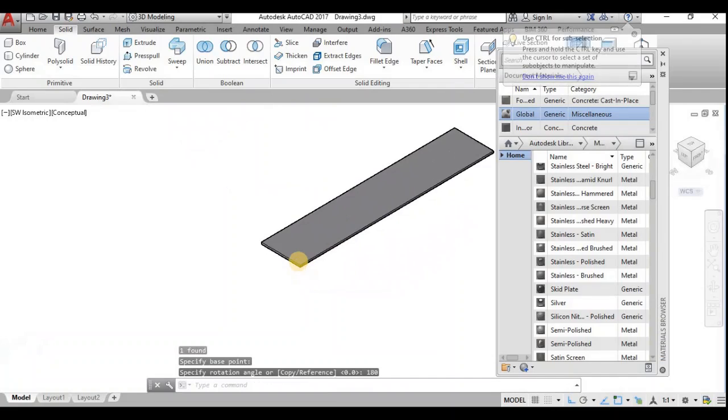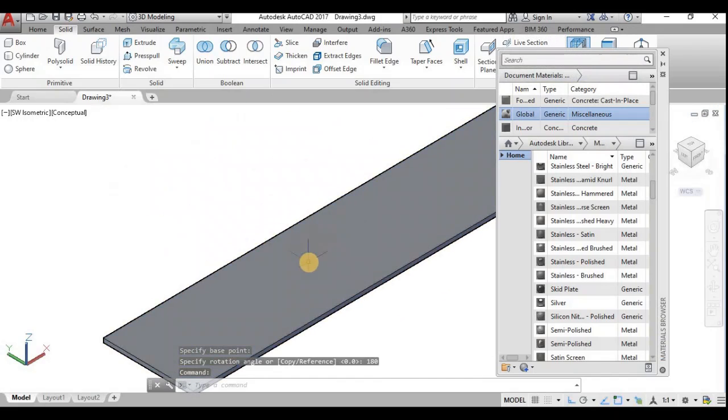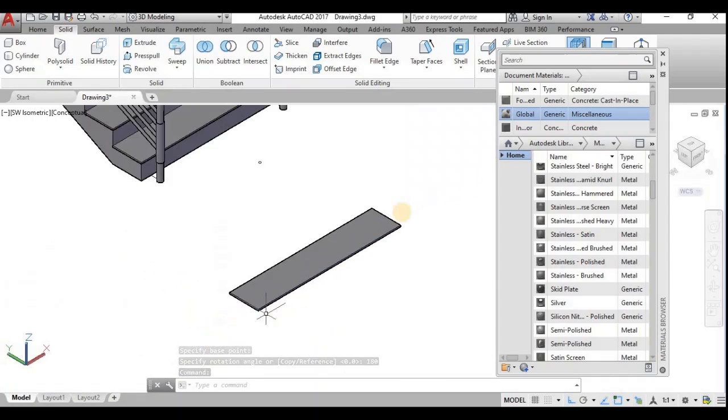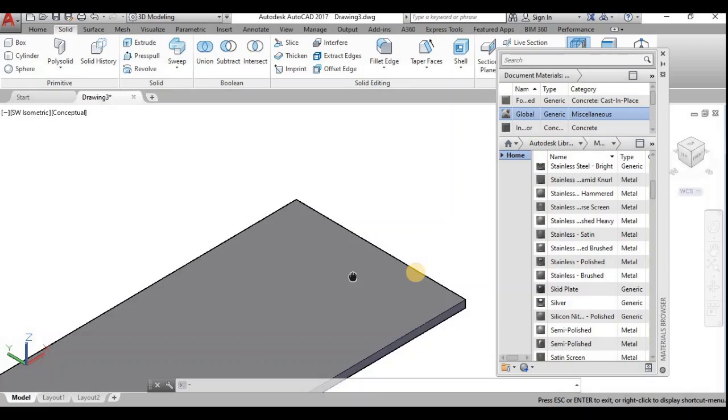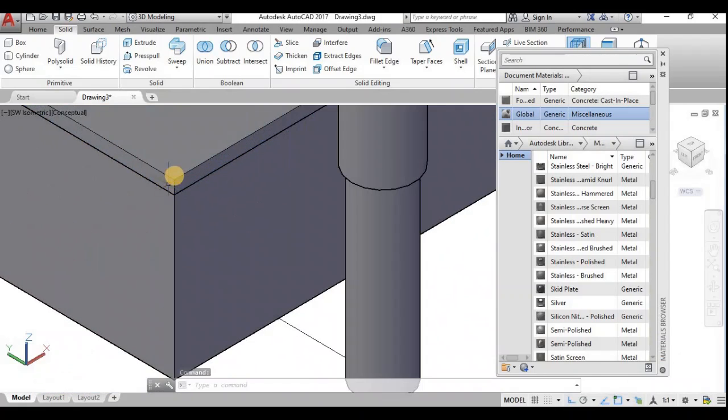Now this carving will be on the other three sides. See here, there is no carving, so I shall carve it with a radius of 12 mm.